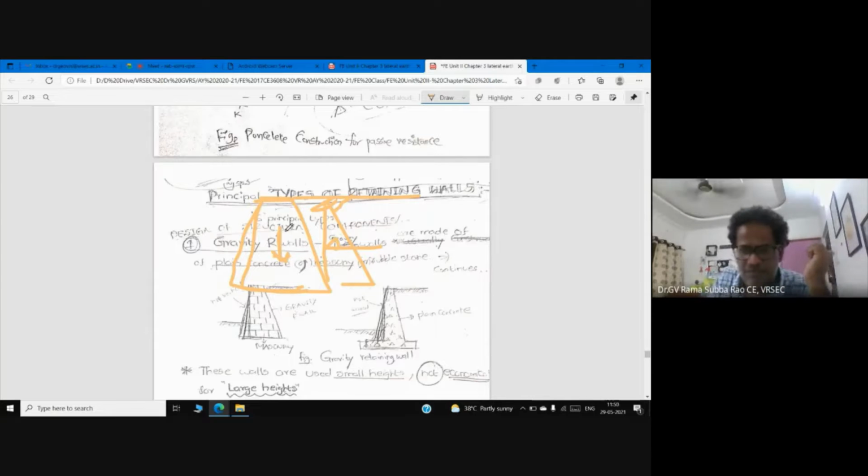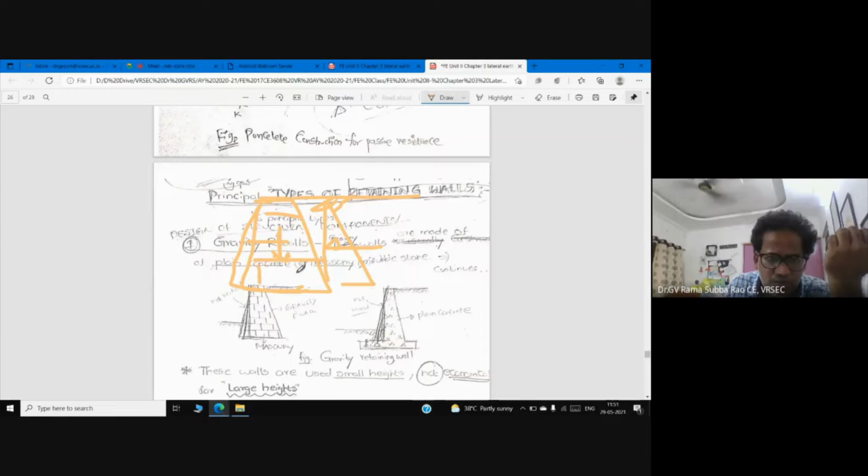In the early days, we used to construct gravity dams as well. Dams can be compared here because a dam is a water retaining structure, while a retaining wall is an earth retaining structure. The intention is the same. In a dam we retain the water, and in the same way a retaining wall retains the earth. In both, we construct gravity walls.